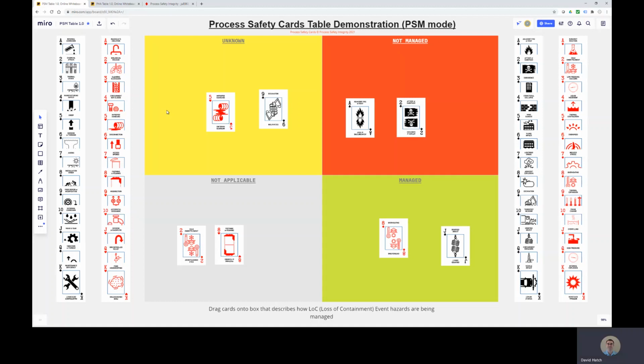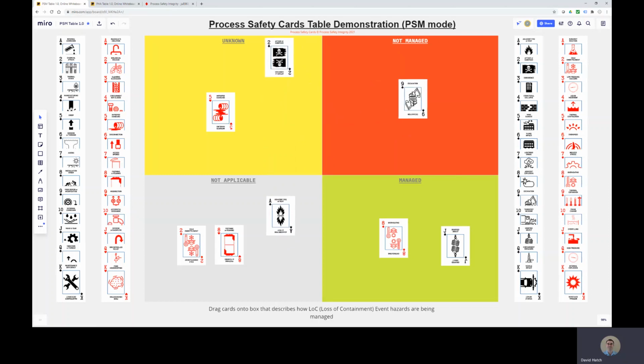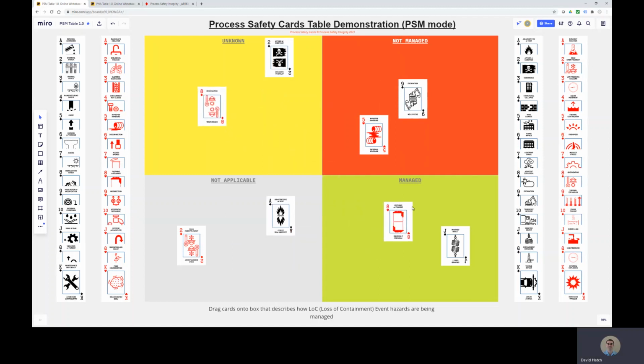And although we're not able to physically deal out the cards in the same way as the card game, we can still move our loss of containment events or our cards into one of the four boxes. This is simply an example of how we could deploy this concept more globally or more centrally. The benefit of this approach is that you're using the same style, the same format as the cards that would be out on the plant or the facility.